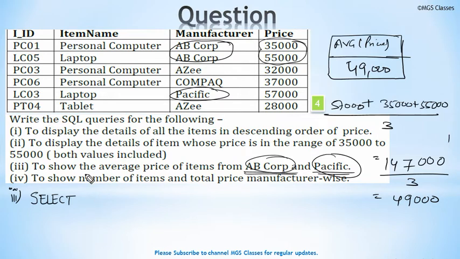So you will write like this: show the average price of the item. You will write AVG of the price column, and then from which table you want to get the output, from the item table, as we know. Now the where condition you need to apply carefully. You will write where manufacturer